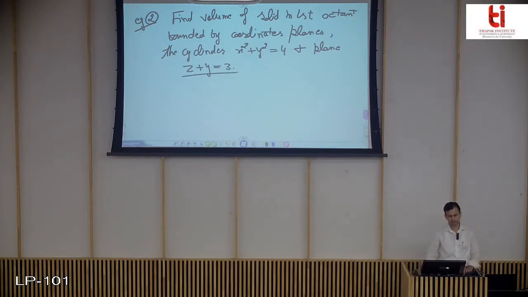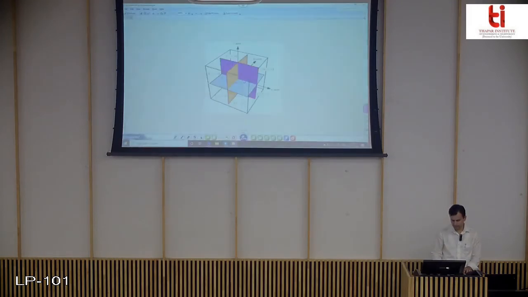Now the question is that here you have to find the volume of the solid in the first octant. Sorry, it is not quadrant. In a plane, the xy plane, you have 4 quadrants, and when you are in 3D space, you have 8 octants. You can see what the octants are in this figure, where this is your x-axis.